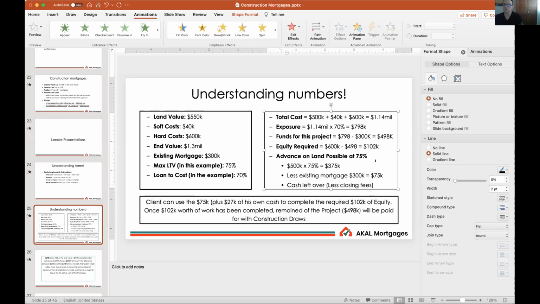And like I said, because we have this exposure of 798, but the total amount that can be approved is 975, it leaves quite a bit of difference there, and that difference will cover the accrued interest that will be deducted from the final draw. And that's, in a nutshell, how things get